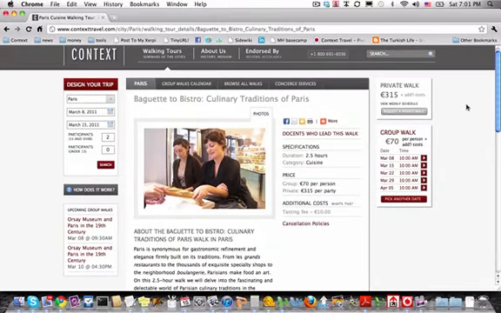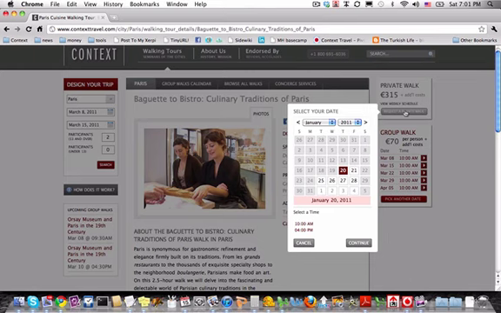In the upper right-hand corner, in the right column, I see that this walk is available both as a private walk and as a group walk. So my clients in this case are interested in a private walk. They don't want to be with other people when they're in Paris per se, and they want to try to have this walk shaped to their interests. So if I click on Request a Private Walk,